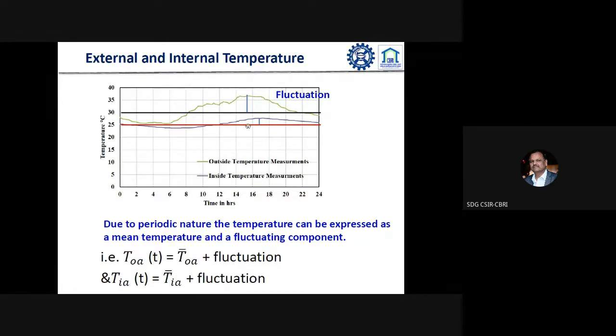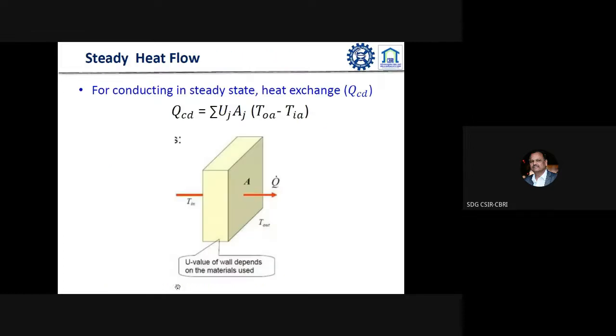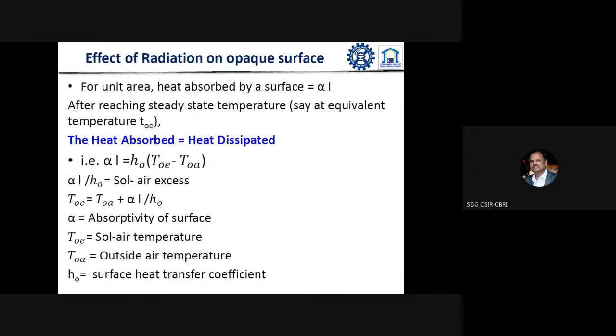So we have to deal with this temperature difference, or temperature phenomena, over 24 hours in a periodic nature. So we should know the periodic nature of this temperature profile. For this, there are some periodic functions that we need to use. With those periodic functions, we can match the harmonic motion of this temperature, and then through those equations we can solve for the temperature gain.